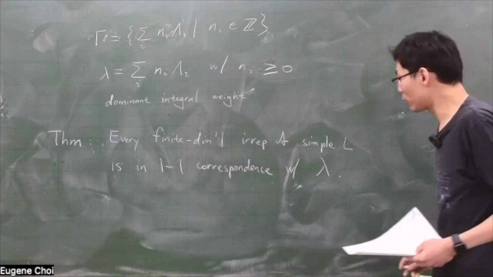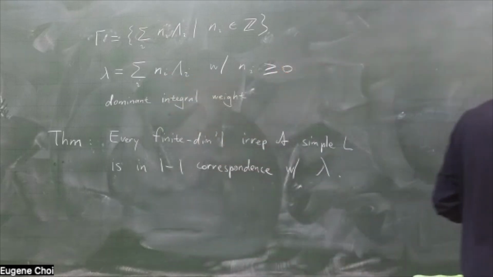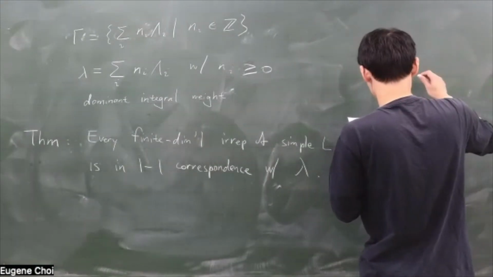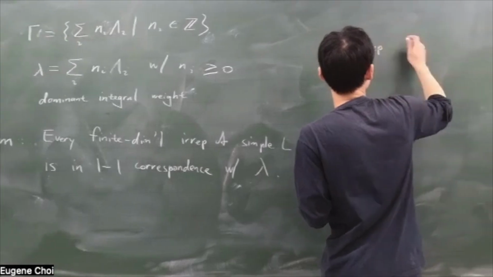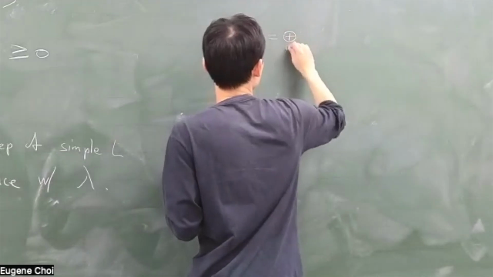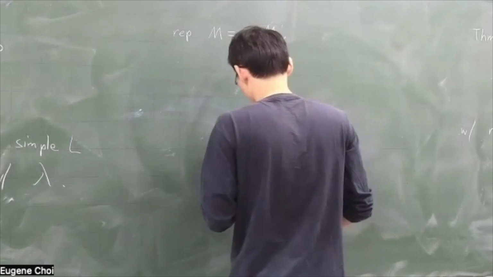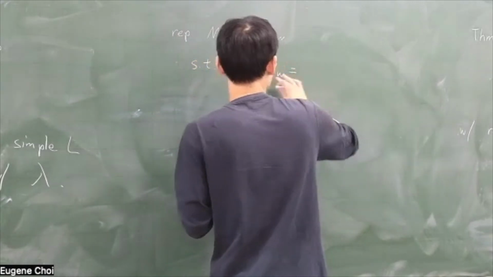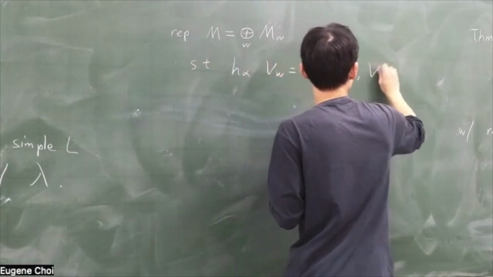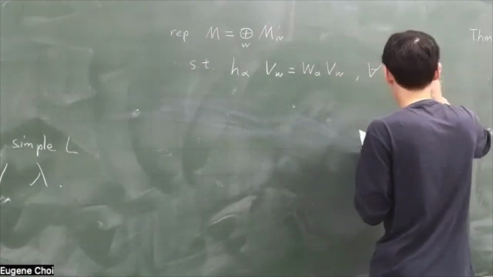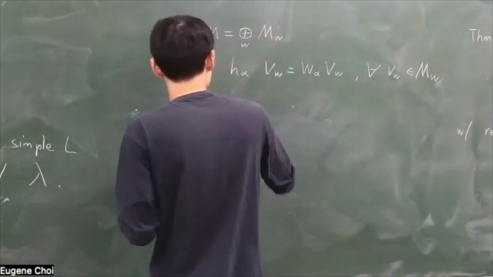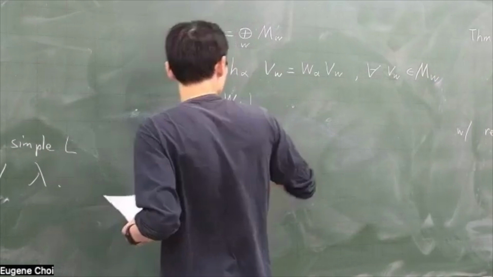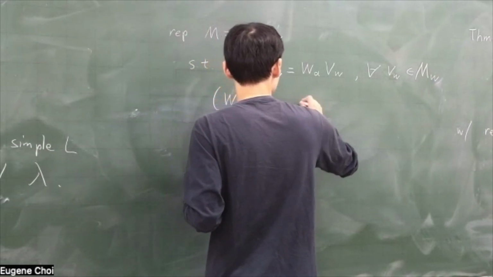So in other words, when we write down this vector, we are referring to one representation of the Lie algebra. In fact, we can decompose a representation, or an irrep or module M, into the so-called weight space decomposition, such that H_alpha acting on an element v_w is equal to w_alpha v_w for any v_w in the subspace M_w, and this vector w, with alpha from 1 to L, i.e. w,